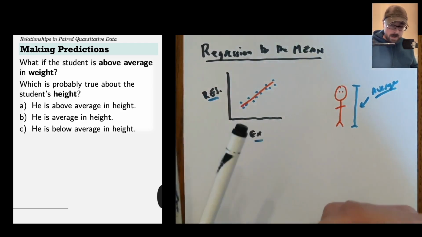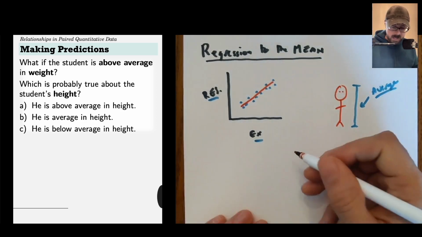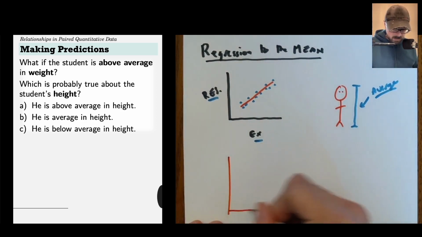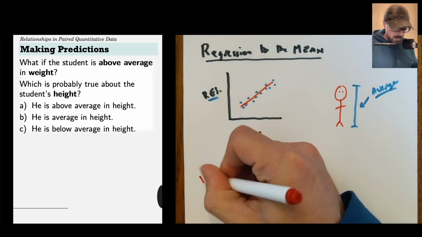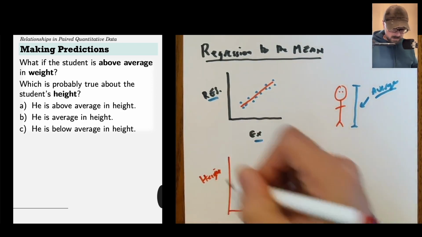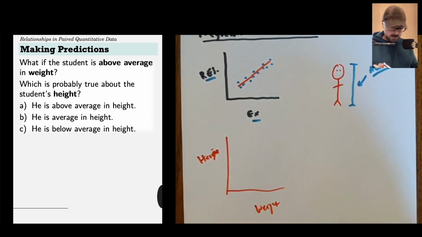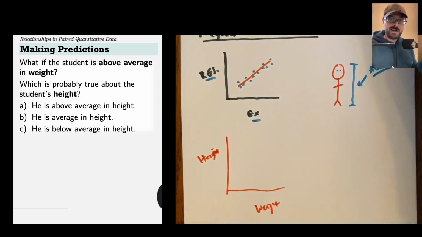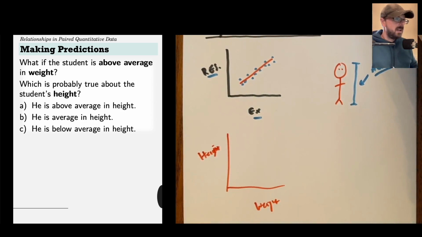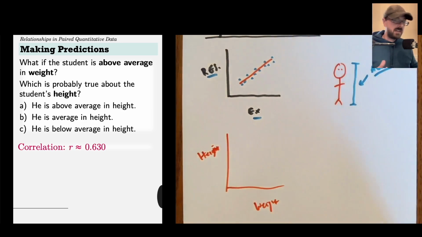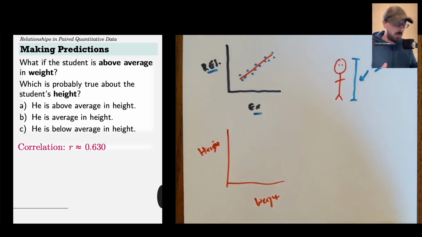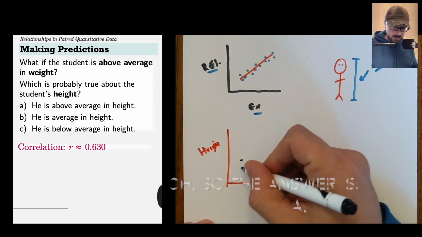Well, if I think about what the association probably looks like, say a scatter plot where this was the height, and I was predicting heights based on weight, what do you think would be the direction of the association? If I had to guess, I'd say that association is probably positive. And we could collect some data and find out that in a sample, at least from this university, the correlation was 0.63. If that's the case, that is a moderate positive association. We'll look at it.